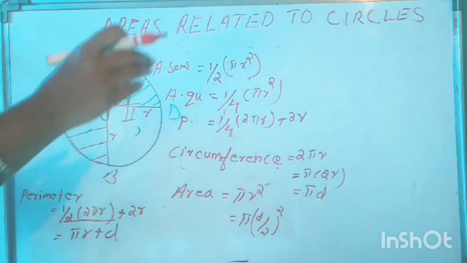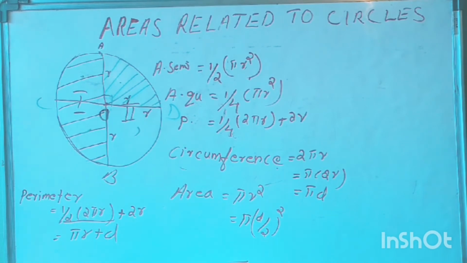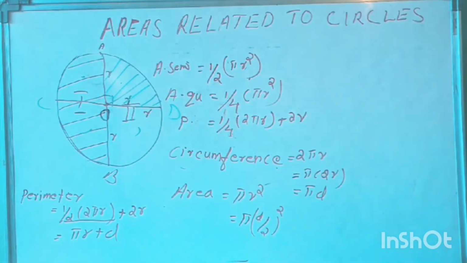So there is only one difference between the semicircle and quadrant. Semicircle is half and quadrant is 1 by 4th of the circle. Okay, now